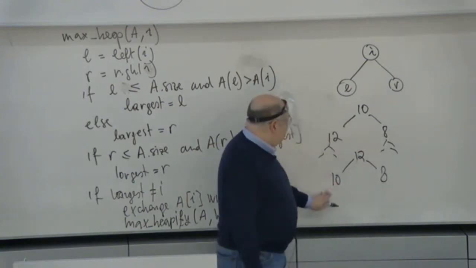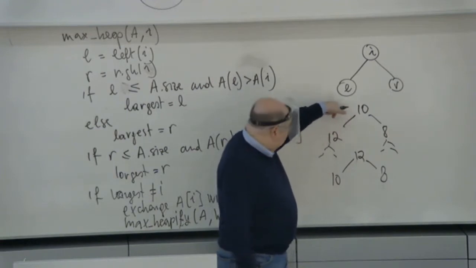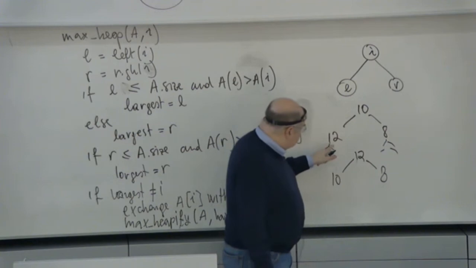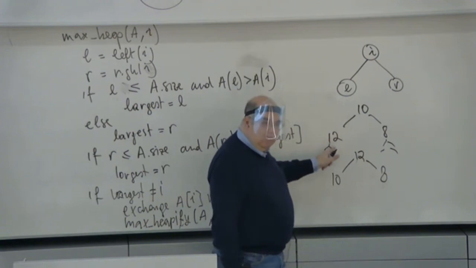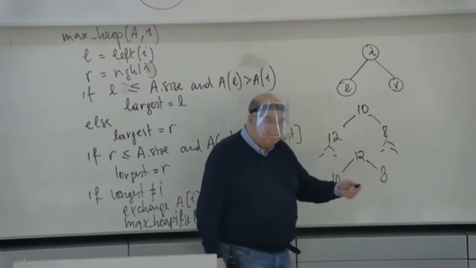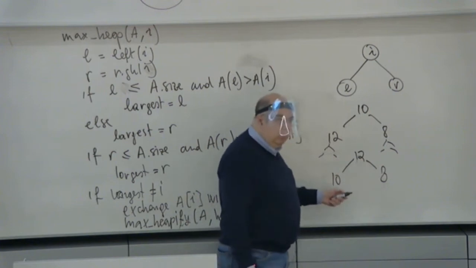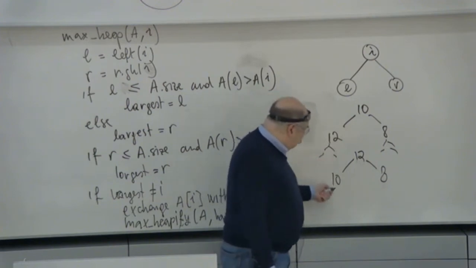While on the other side, the side where you swapped the keys, you don't know, because the only thing you were sure about was that all the entries below were less than or equal to 12. So it might be, for example, that here you had 9, 7, and in this case, this will work. But in general, you might also have had, say, 11, and 11 would break the